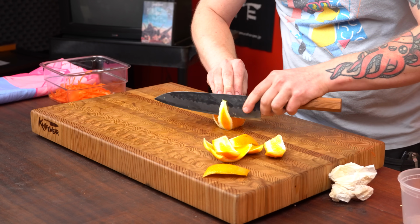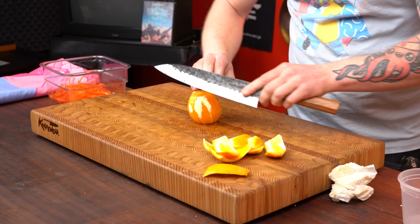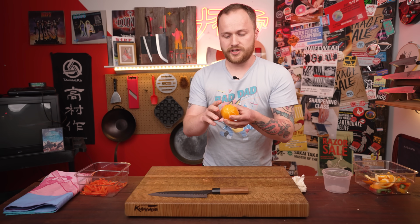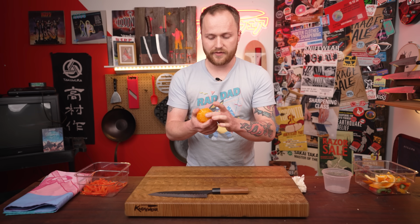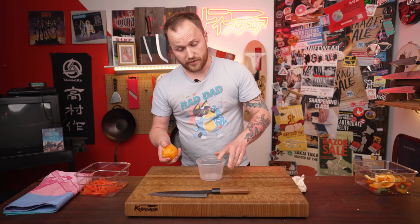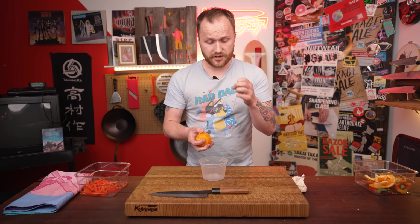And once I've got my rough shape, I've got my orange here, just flip it over, take off the last of the zest. So now I've got my orange, I've got most of the zest off. I've got enough that I can see each segment really clearly. I've got a little deli cup, or if you're doing it at home, you can use a bowl, whatever you've got. But work over something to store both the segments and the juice, because there's going to be some juice